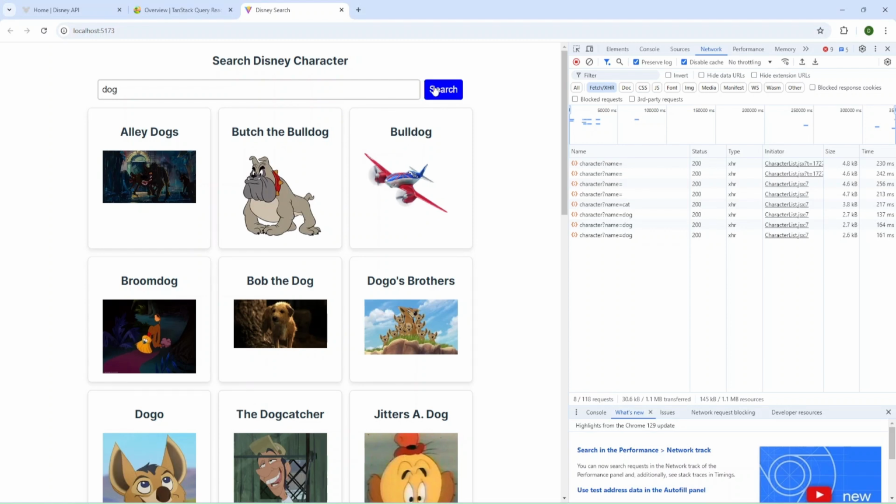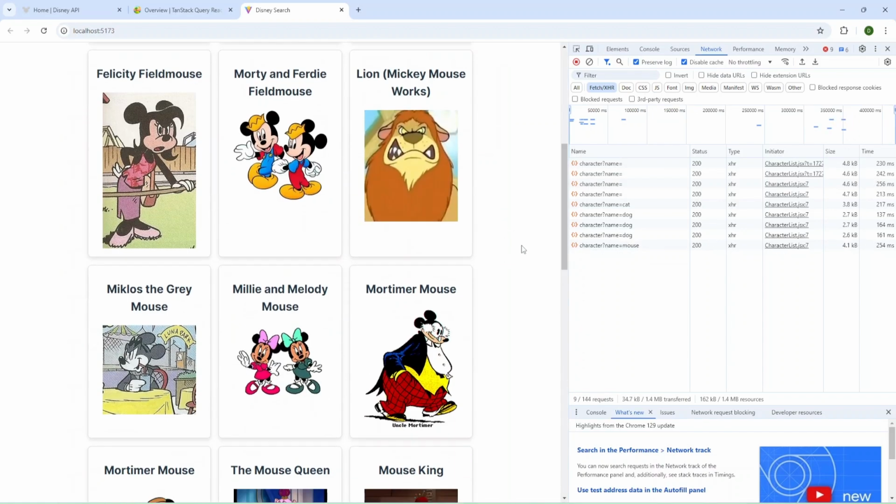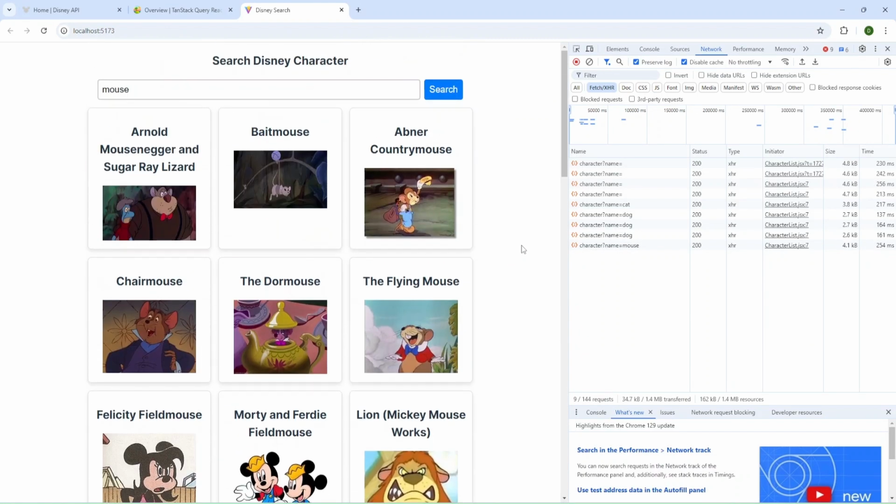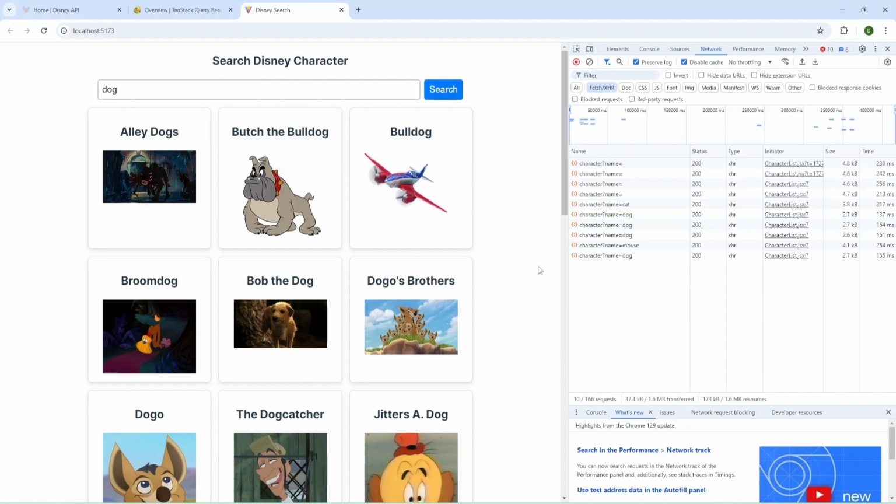As you can see, the styles all changed, and I can provide some mouse and press search, and as you can see, the data was changed, and now I can return to dog.